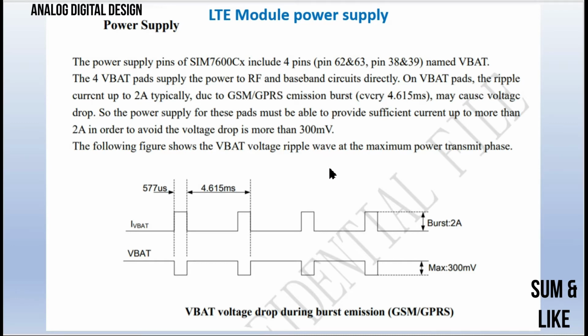You might have seen in the schematic or other power supply designs or the LTE module data sheet that the power supply should not be less than 2 ampere. It should be more than 2 ampere, up to 3 ampere. It is a limitation and a very necessary part of the design. So this is called burst emission voltage drop. VBAT voltage may drop during the burst emission. To eliminate this, we need to keep the power supply at a higher rating. So we see in the next.